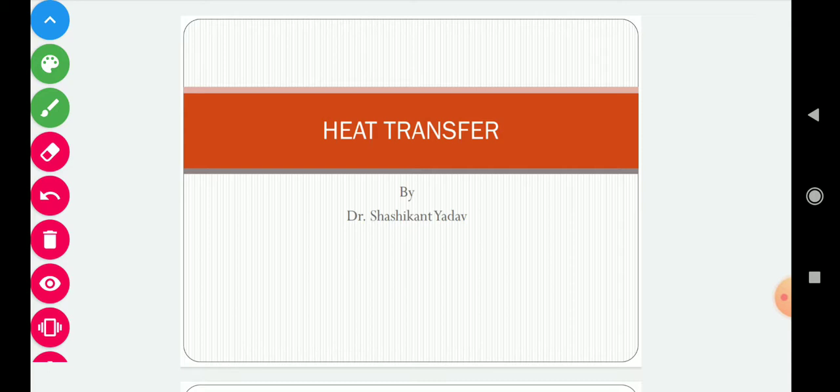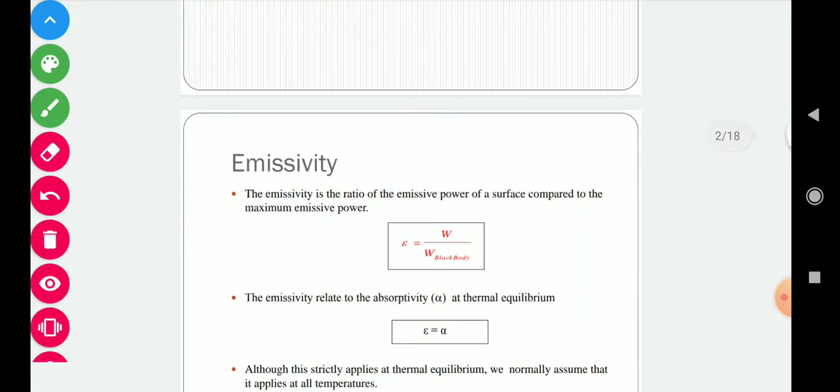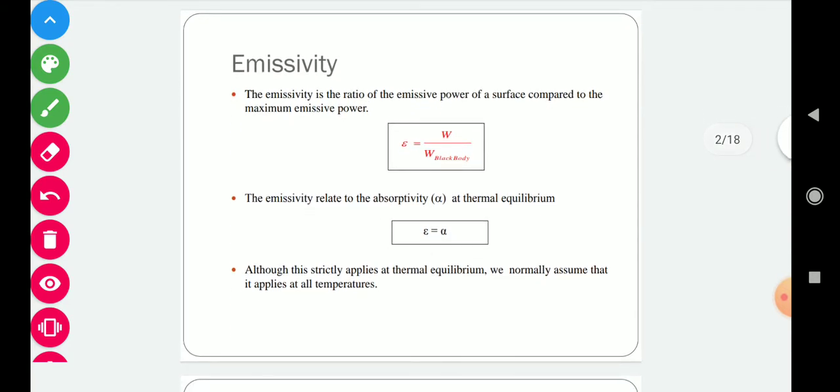Now, heat transfer due to thermal radiation is also affected by the shape factor or the orientation of different objects. So, in this class, we will discuss how the orientation and view factor affect the overall heat transfer rate due to thermal radiation. Before starting that, let's again summarize the important terms which we discussed in our previous class.